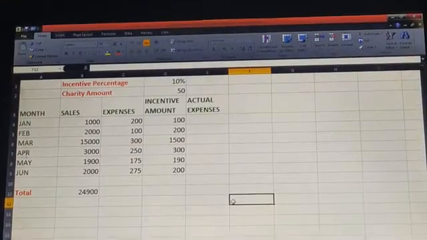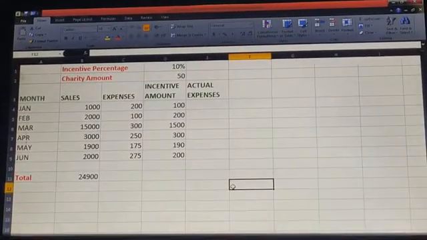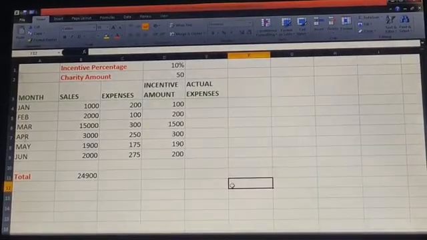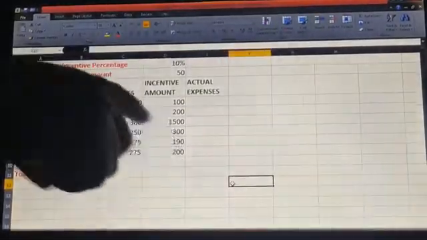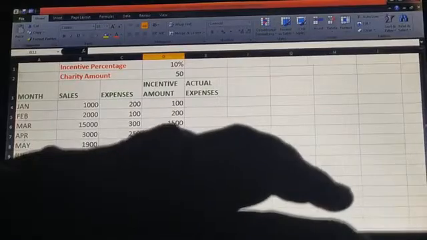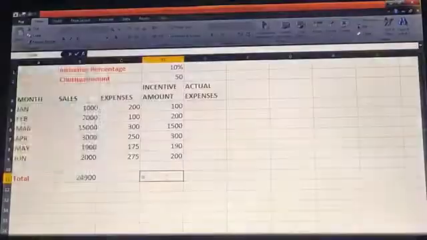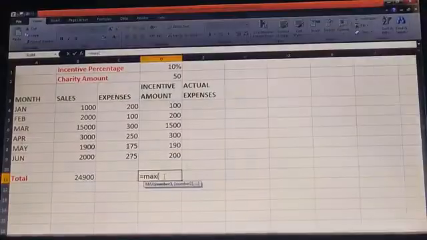So students, if I want to display the largest value in the incentive amount column, we can use the MAX function. Put the equal sign, firstly type MAX, now open the parenthesis. Now you have to provide the range from D4 to D9.